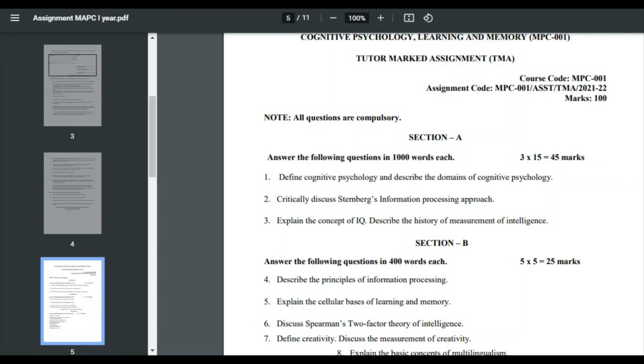You can submit it by courier. You can submit it through email with the soft copies, as it is a COVID situation. You can also go and visit your study center and submit your assignment. So you can take any one of the paths you want. So this is all about the IGNOU study center and IGNOU assignment download. And now this is the process you have to adopt to submit your assignment.